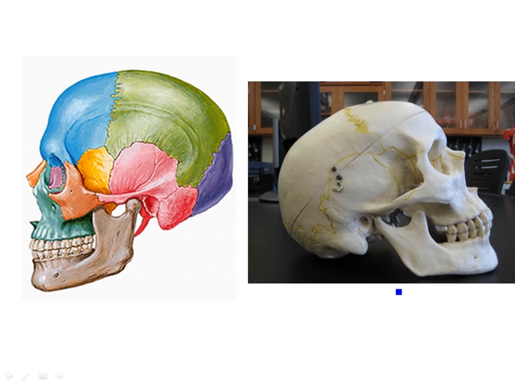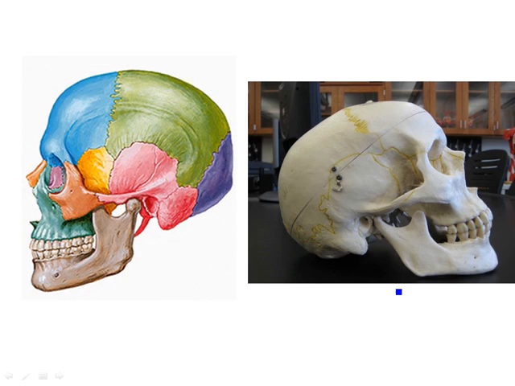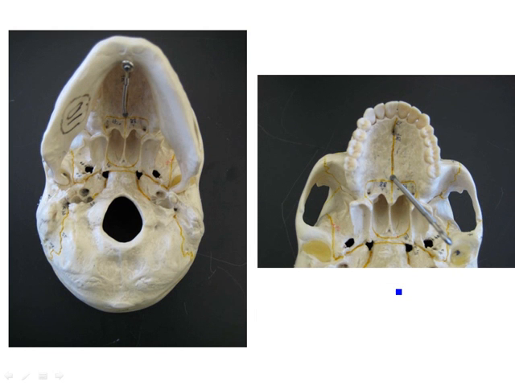Again, you want to recognize these bones not only from the front side, looking at the face, but also from the side or even underneath. So think about these bones in 3 dimensions. If you go to Bio Digital Human, you can turn the skull around. There are also several YouTube videos you're welcome to look at, and I've got a few of those in Blackboard for you as well, to help you think about the skull in 3D. All right, so let's start talking about